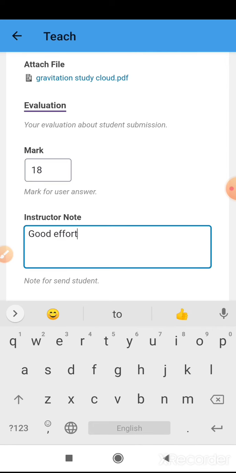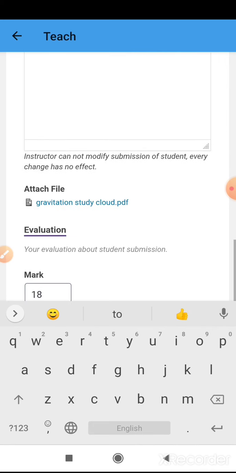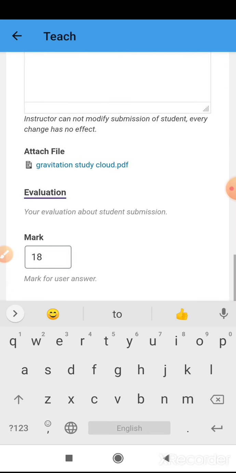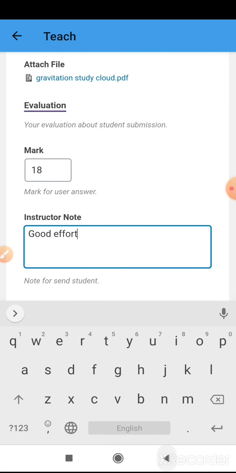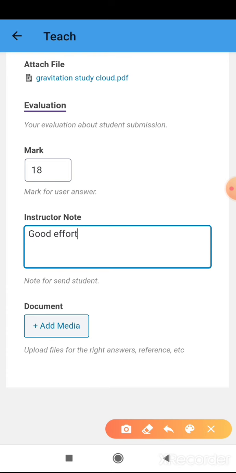Also, let's say for a particular student who's not able to understand the exam, or you feel needs help, over here there's again an option of add media document. So over there you can send an answer key to that particular student, or if you want to send it for the whole class, you can just create a lesson called answer key and you can upload it over there in the course itself.